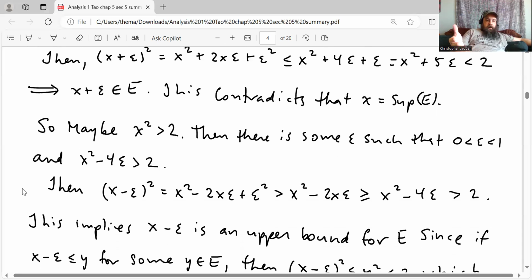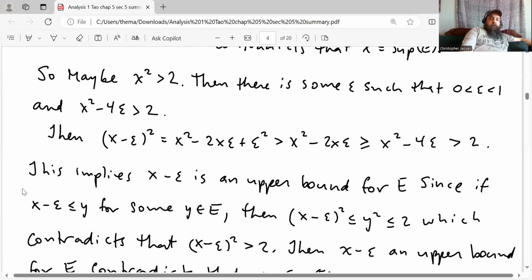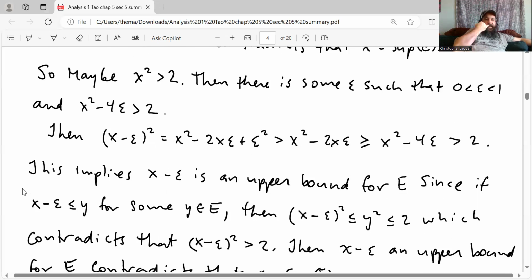We can do that because X squared is greater than 2 by our assumption. Then if we look at (X minus epsilon) squared, that equals X squared minus 2X epsilon plus epsilon squared. That's greater than X squared minus 2X epsilon because epsilon squared is a positive number, right? And that's greater than or equal to X squared minus 4 epsilon because we know that X is